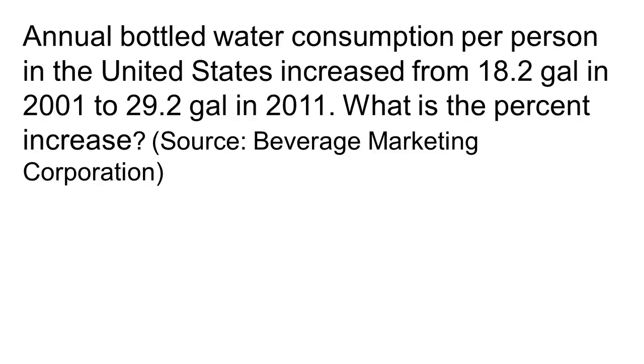Annual bottled water consumption per person in the United States increased from 18.2 gallons in 2001 to 29.2 gallons in 2011. What is the percent increase? So to find percent increase, we'll take the new value, the 2011 value, 29.2, minus the older value, the 2001